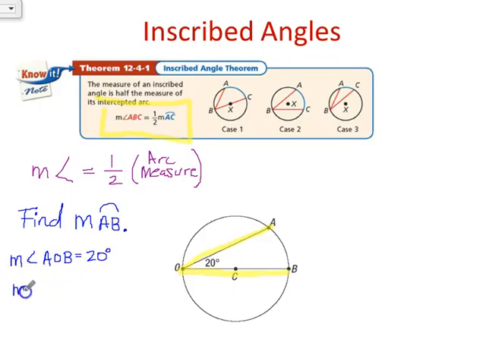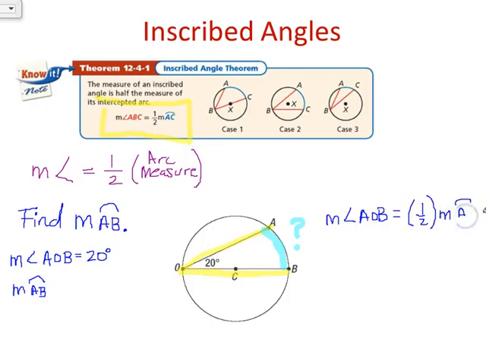And we want to find the measurement of the arc AB. Now we have enough information to find that measurement using the inscribed angle theorem. The inscribed angle theorem says that the measurement of angle AOB is going to be 1/2 the arc